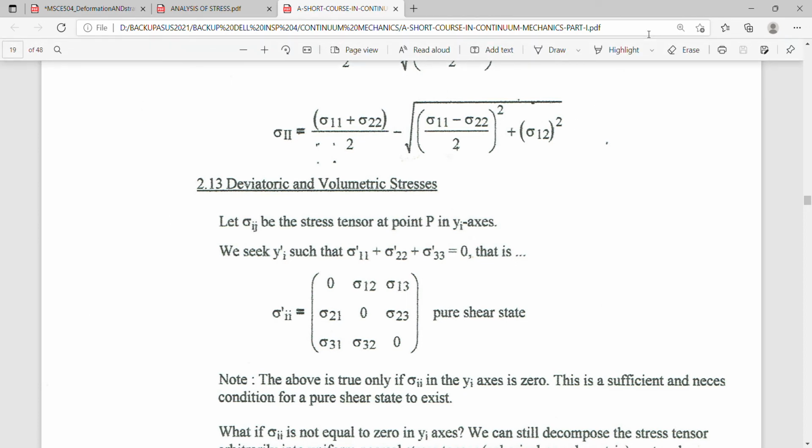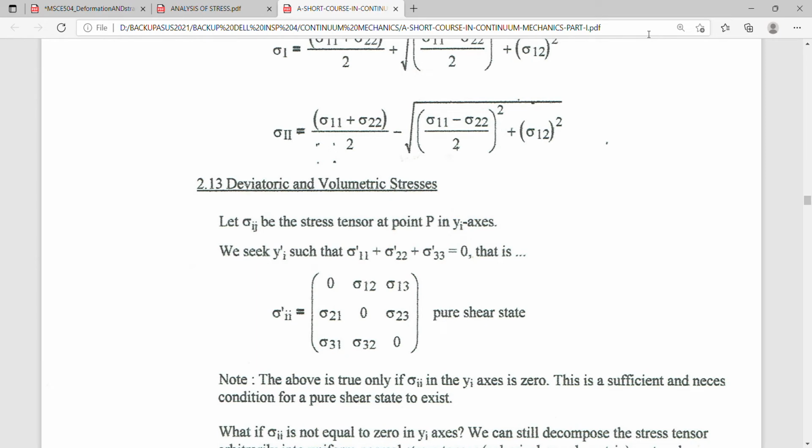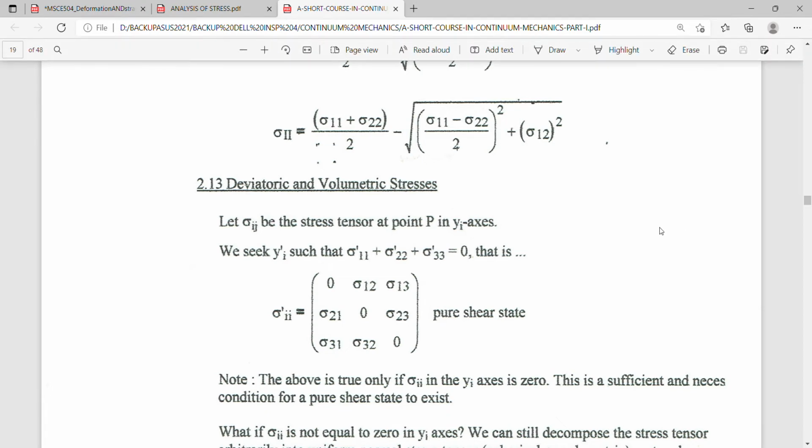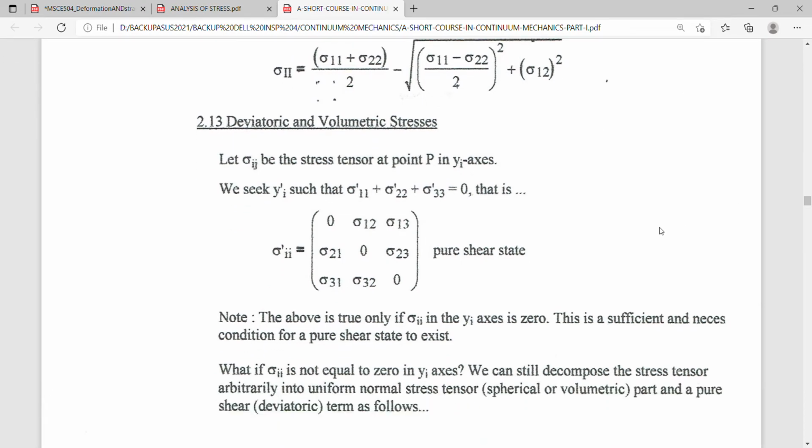Okay, class. So let's try to understand now what deviatoric and volumetric stresses are as far as stress analysis is concerned. This is very useful not only in structural engineering but also in soil mechanics, in geotechnical engineering. So if we let sigma ij be the stress tensor at a point in the y-i axis, so we can seek